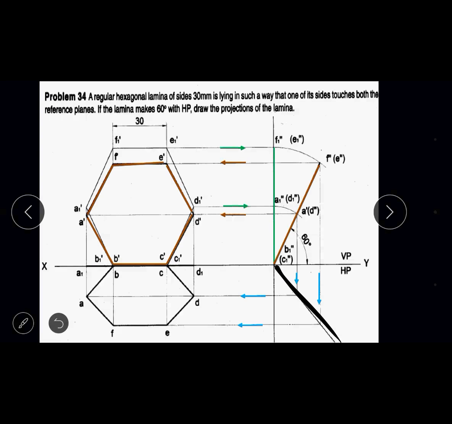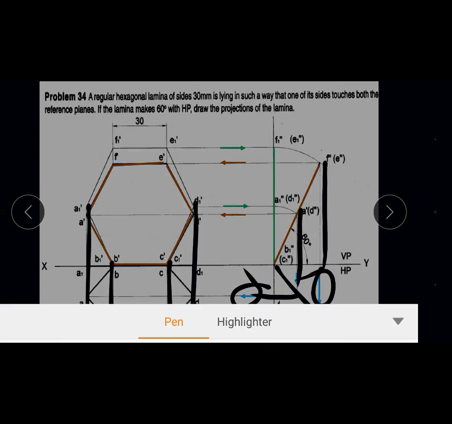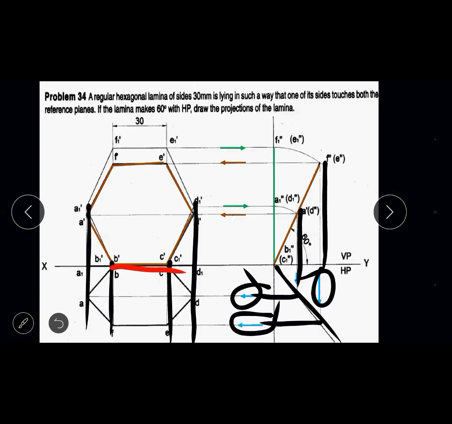So consider the 45-degree line. After constructing the 45-degree line, draw the projection line from this tilted 60-degree inclined side view at the point of intersection, which I have shown with the help of blue lines. And then draw the projection line from the corresponding front views. When you draw the projection lines, at the point of intersection of those two lines, you will get the top view. So finally the top view will be in tilted position. It will be an irregular shaped lamina.